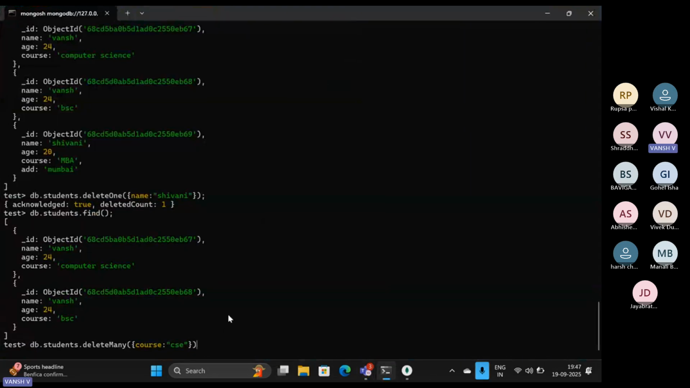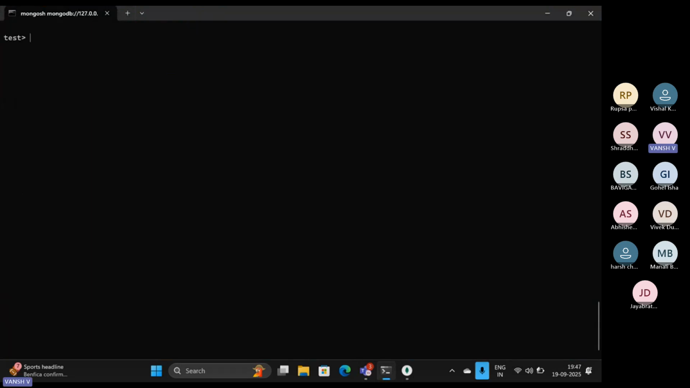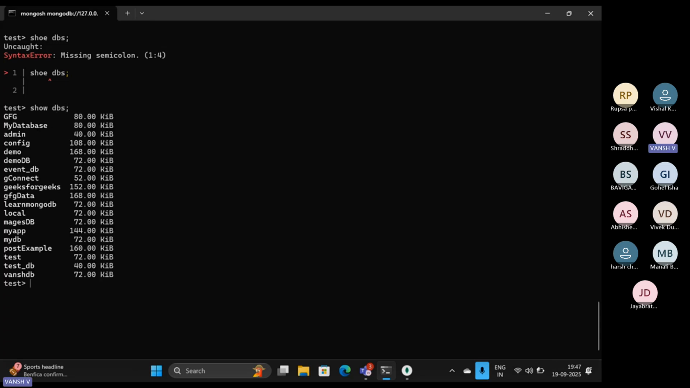First of all, let me clear the screen. cls, for clearing the screen. Screen is clear. show dbs, which means show databases. Yes. These are the databases. Now I want to delete this demo database. So how to delete this? db dot